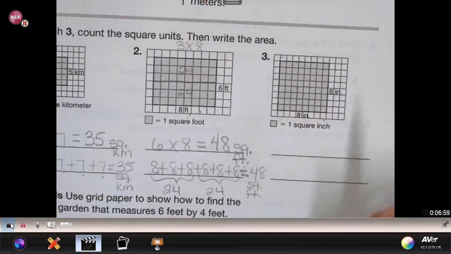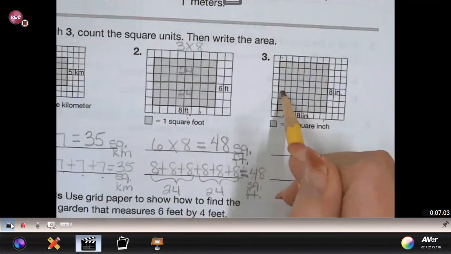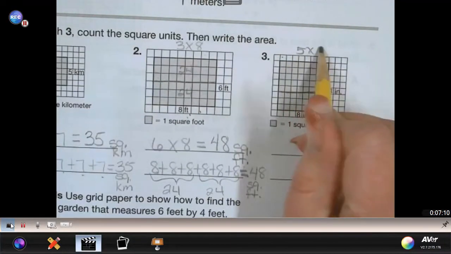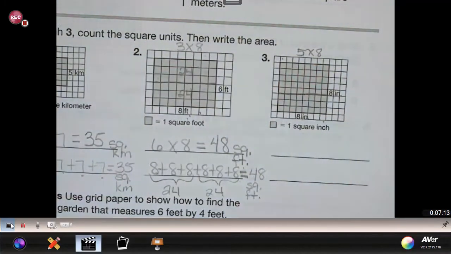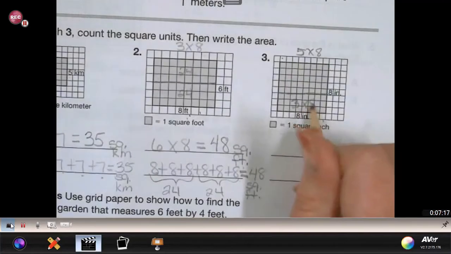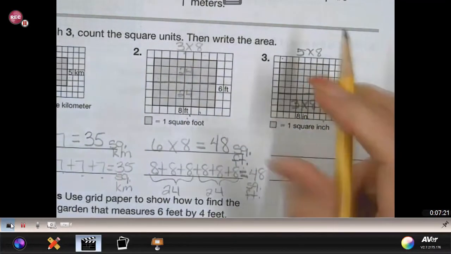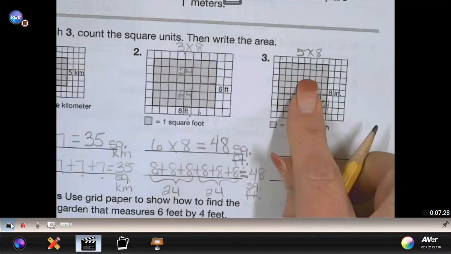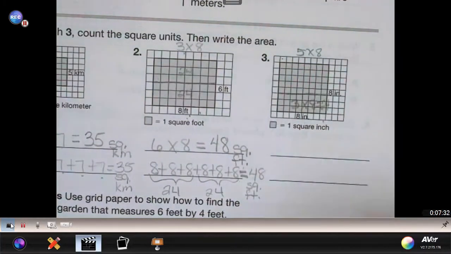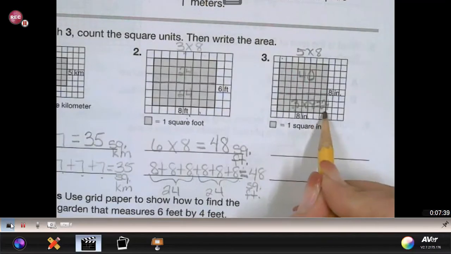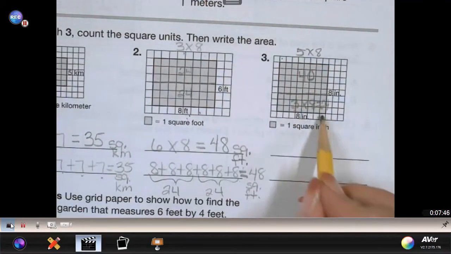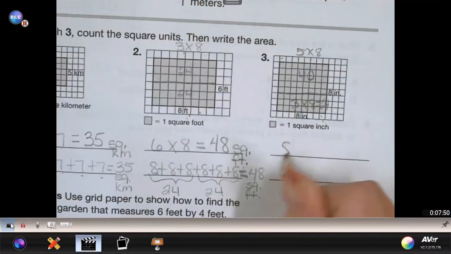So I could think about it that way, or I could do 5 rows of 8. I think I like that. I could do 5 rows of 8 on the top, because I know 5 times 8 very easily in my head, and I just did 3 times 8 over here, which was 24. So I broke this up as 3 rows of 8 and 5 rows of 8. That's still 8 rows of 8. Inside of here is going to be 40 squares, and in this 3 times 8 is going to be 24 squares. So I have 40 square inches here and 24 square inches here. So if I have 8 times 8,